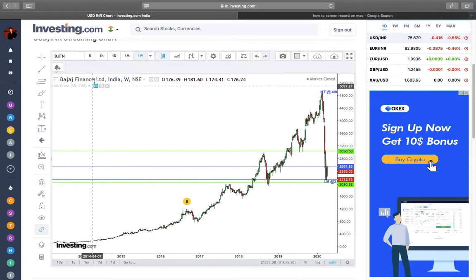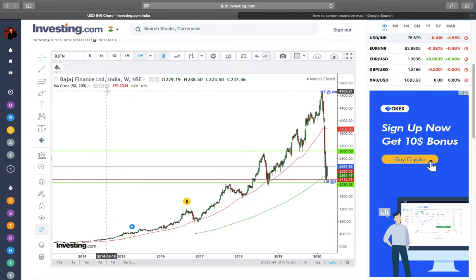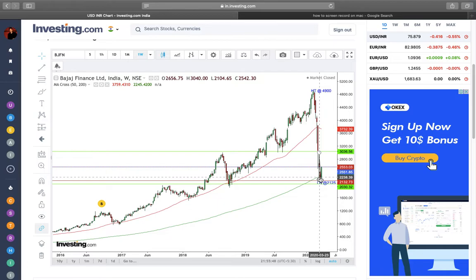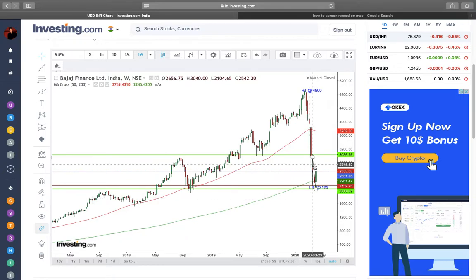to get an idea of how strong this chart is, I have set the moving average crossover. When we want to know if the security is trending, moving averages are pretty safe to include in the chart. And what we basically see is that Bajaj Finance is trading at around this 200 weekly moving average. After the higher top, we have a clear lower bottom, and there is a lower top, lower bottom formation completely missing on the weekly. So yeah,